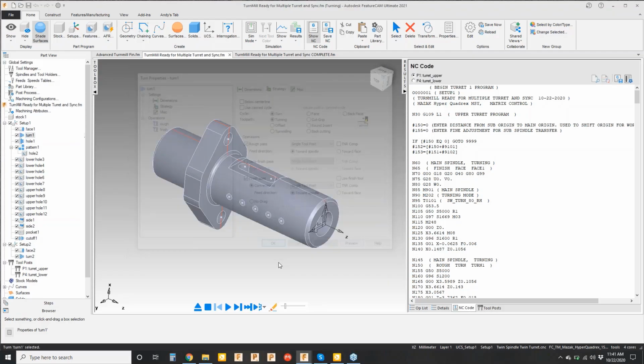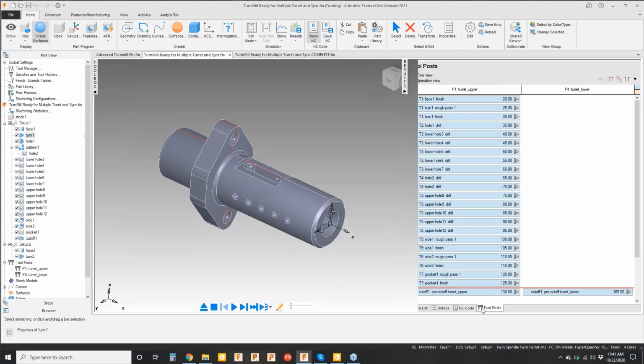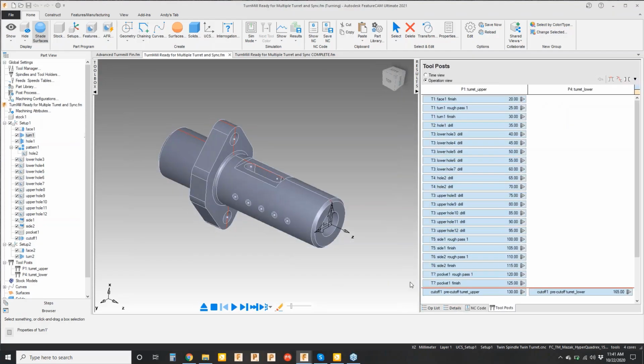But what I'm really here for is to talk about synchronization basics when it comes to FeatureCAM, and then you'll hear more about this in PartMaker as well. Okay, so what we're seeing here is basically a list of operations that are done for this part. This is one of my favorite parts to demonstrate. We've got a face feature in the beginning, a turn on here, hole, some holes on the outside,